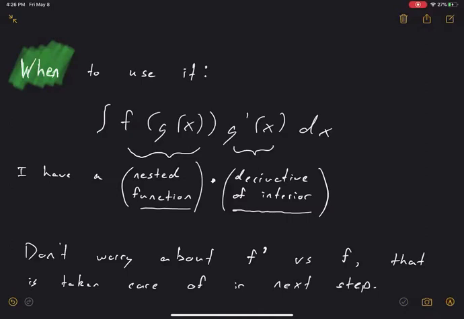The key here is that we're going to try and make a substitution, and then we're just going to integrate the function f. So that function hopefully has an antiderivative we can find easily. But when do we use this technique? When I have an integral that's in this layout, f of g of x and g prime of x dx. Okay, so what are these pieces? This piece here,